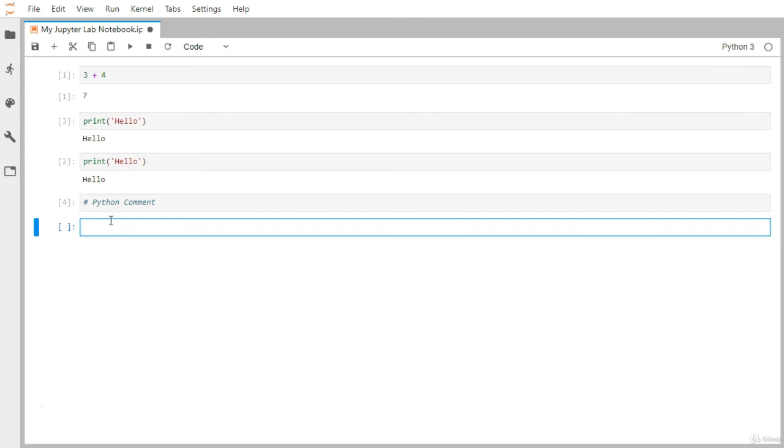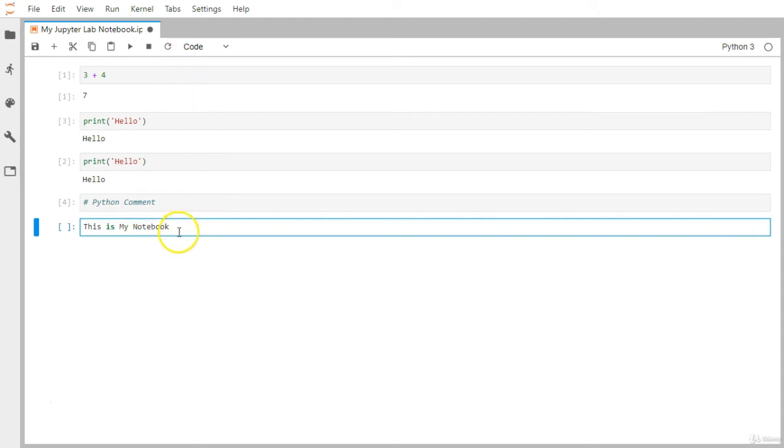Now apart from writing Python code, you can even write some sort of heading and markdown text also. So for all the code we have written, by default this drop down has been selected as code because it's Python code we are writing. Now let's say I want to write some heading or some comment. So let's say this is my notebook, but I don't want to execute it as Python code.